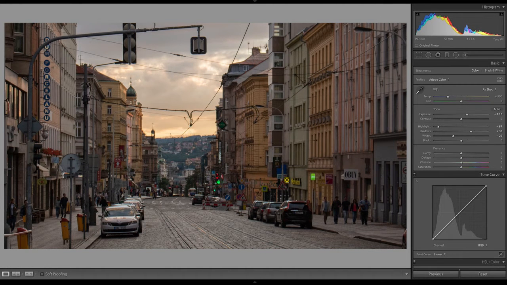I'm going to bring those back down too. Now, I brought up my shadows a lot. I brought up my overall exposure. With my blacks, I'm actually going to bring those back down just a little bit, so I bring back some of that contrast. If I bring everything up, it gets a little bit flat for my taste, so I'm going to bring that down.